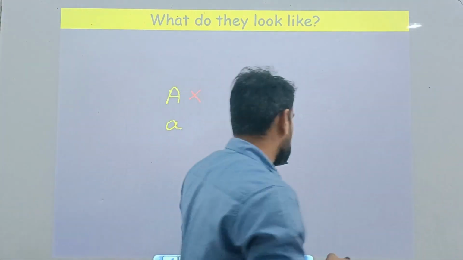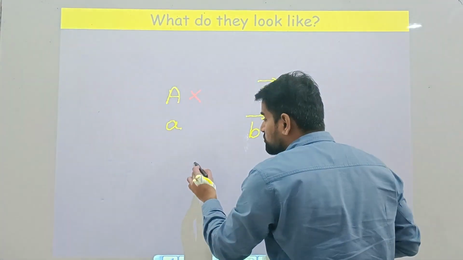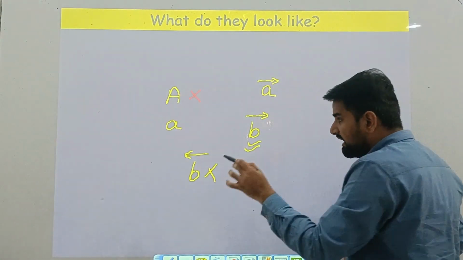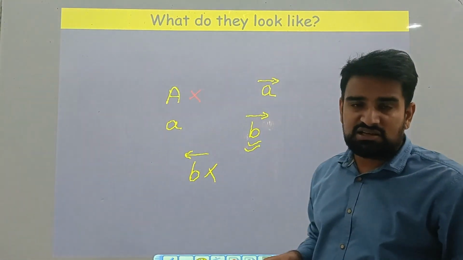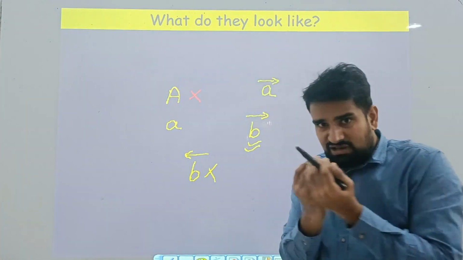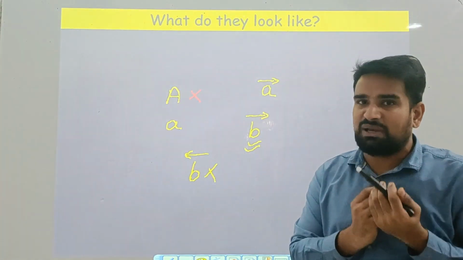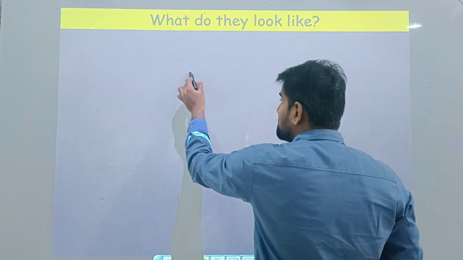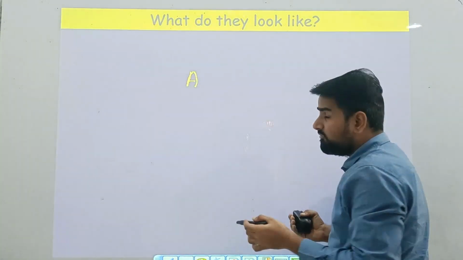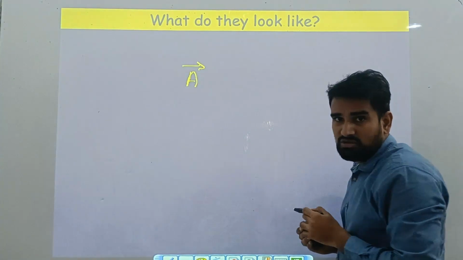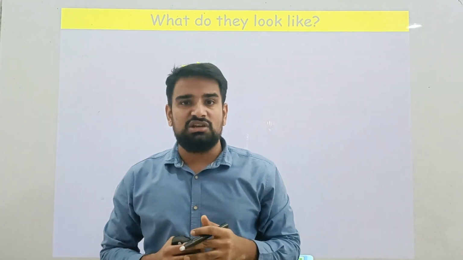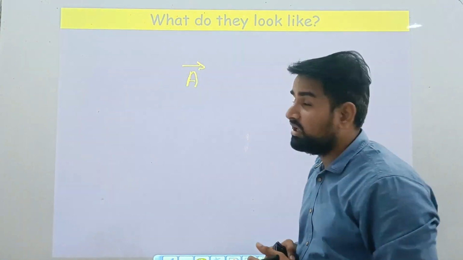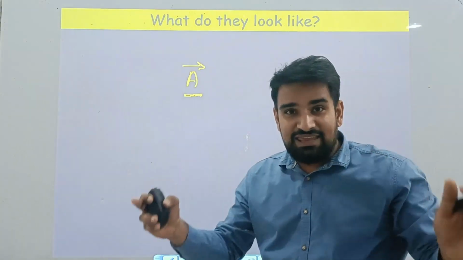So if you want to represent the vector in this direction, should I place it like this? No, it is not like this. You need to always represent it like this only. The direction of any vector, we will evaluate separately. It is a separate matter. So it's been concluded that we will represent any vector in algebraic form simply by putting an arrow on it. Basically, vector representation was quite a challenge initially, but later on they solved it just by putting an arrow on it. So here this is representing a vector.